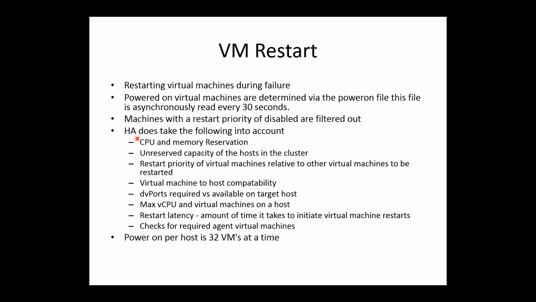So when HA does its restarts, it takes into account all of these various things that you're going to look at right there. Most of them make sense: compatibility, capacity available, the vCPUs and virtual machines on the host, restart latency, power on per host is 32 VMs at a time. So a whole bunch of stuff there, but essentially it's going to check that there's room on there for it. It is not concerned about wise placement when it does a fail event. It is going to gather every set of resource it has and shove it onto the machine. So if it can fill it to 100%, it's going to go ahead and do that,